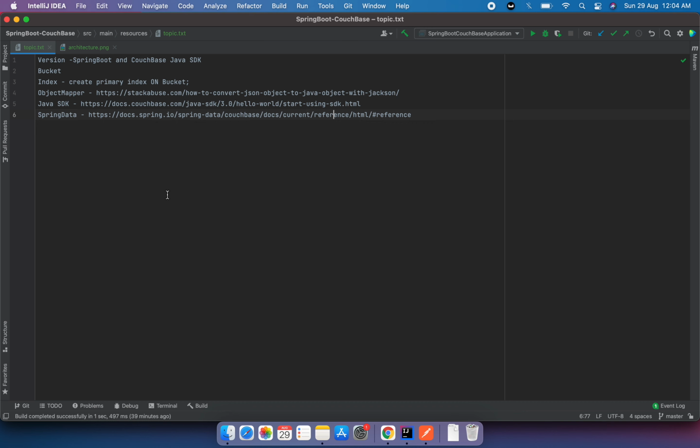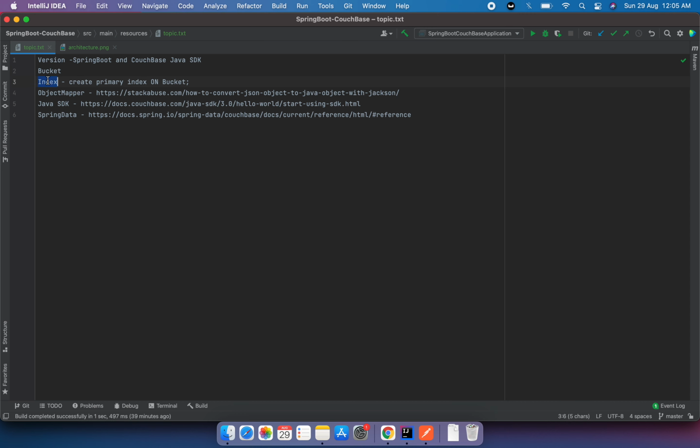So try upgrading or updating the version and testing it out if it does not work, because there is not much code which we need to write for making this communication from Spring Boot to Couchbase. So keep in consideration that version is an important thing here. And second is the bucket. We'll be creating some buckets, and then we will be moving the document from one bucket to the next bucket using our Spring Boot application. So that is the target.